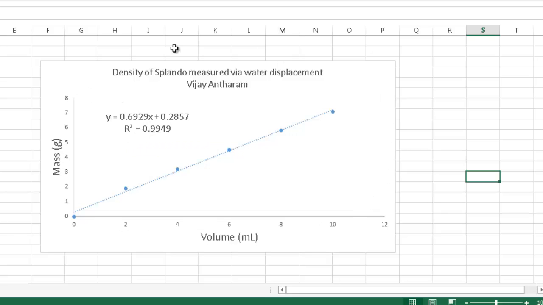So some features of this graph I want to review: have a chart title, have a subtitle. You want to remove your grid lines, label the y-axis with the proper units, label the x-axis with the proper units, and make sure you put in your trend line to determine how well your data represents